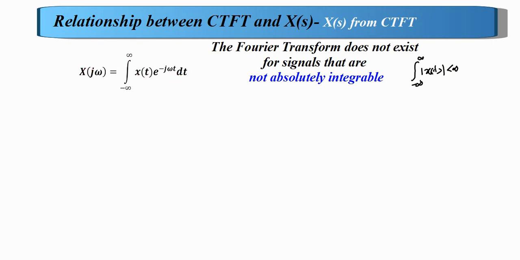Okay, so this is the Fourier transform equation, and now I can take one example. For example, a signal which is growing like this. It's not converging. So assume that this is the signal x of t. This is the time axis. When time goes to infinity, the signal value also goes to infinity. So if you integrate, you will get the answer equal to infinity, which means it is not absolutely integrable.